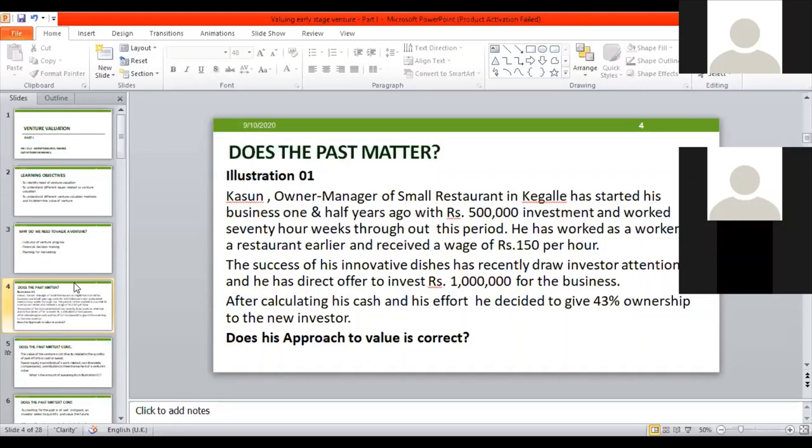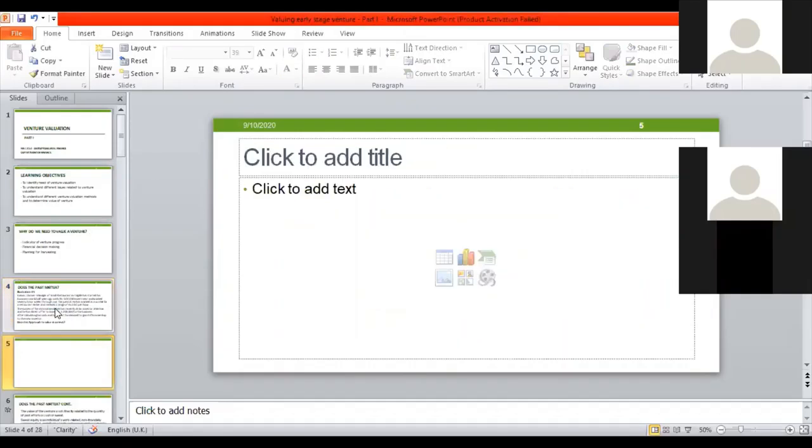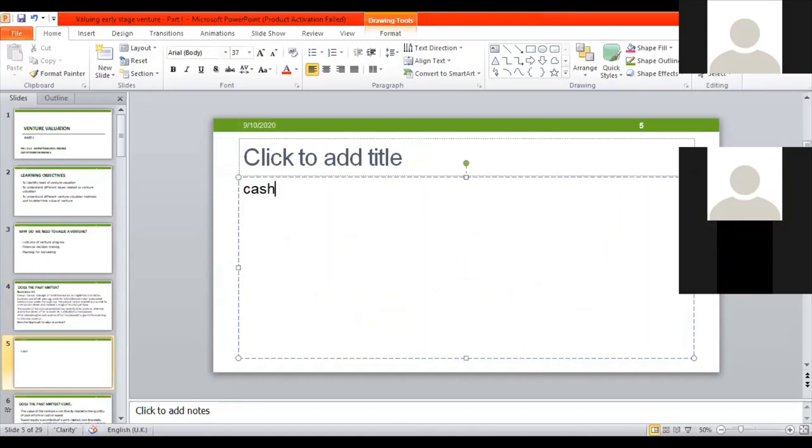Right. So here, he has invested at the beginning in cash 500,000. Right. And if we want to value his effort, the time that he has spent for the business, so the opportunity value of his labor was given, right? So let's assume that